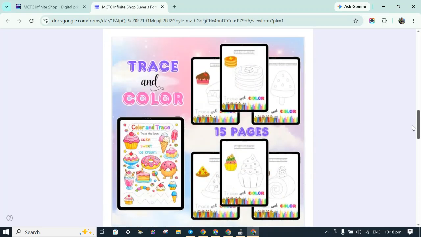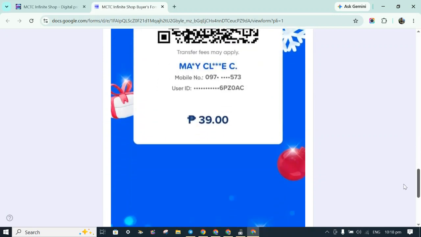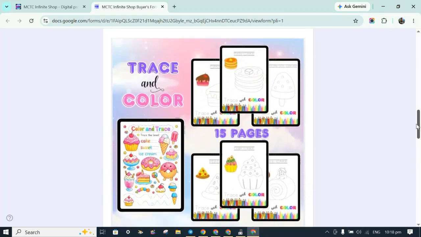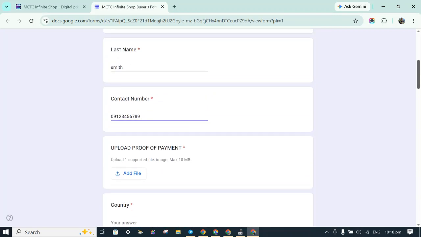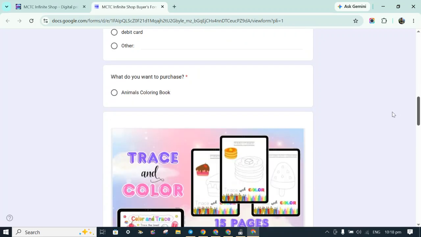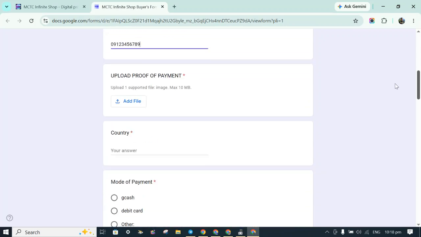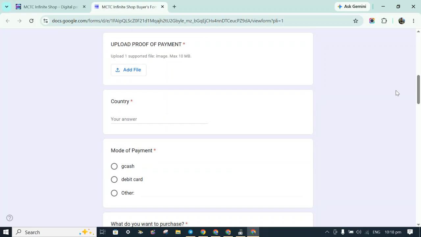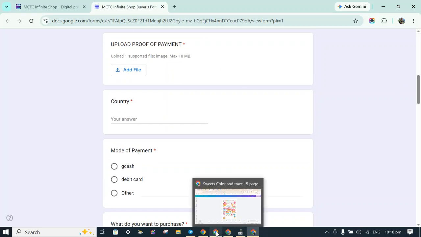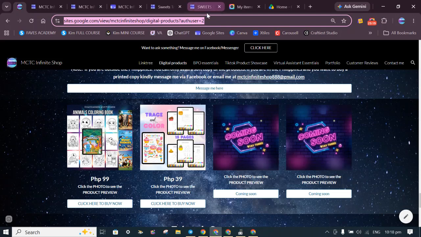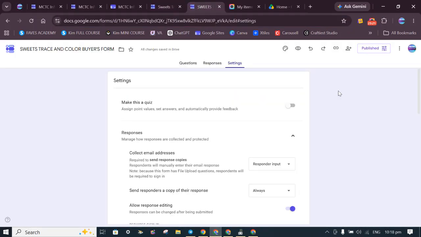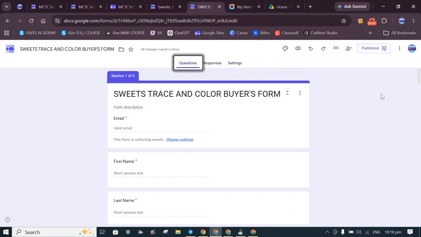Then upload proof of payment. So oh, the sequence is different. Okay, so we need to change it.